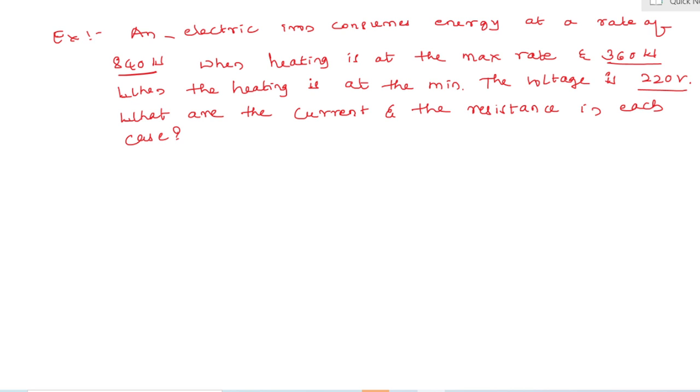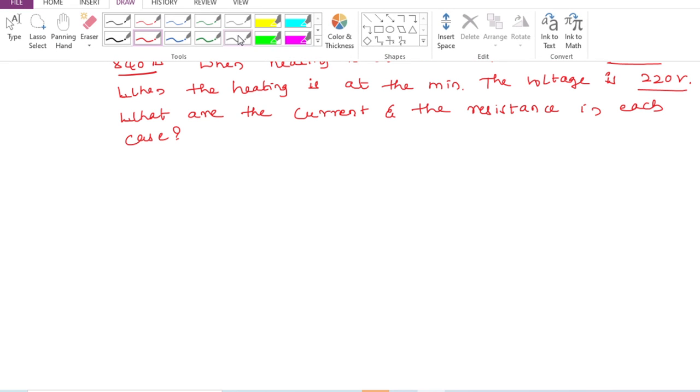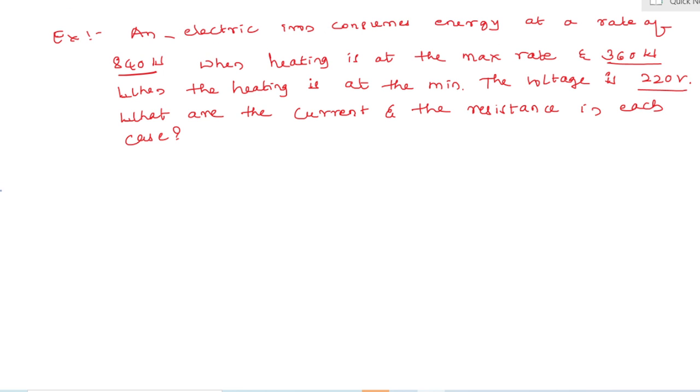Question: an electric iron consumes energy at a rate of 840 watt when heating is at the maximum rate and 360 watt when the heating is at the minimum. The voltage is 220 volt. What are the current and resistance in each case? Solution: